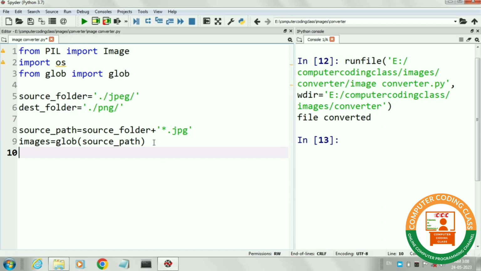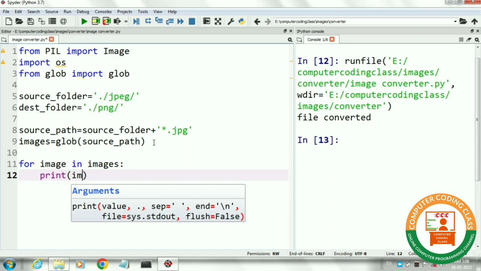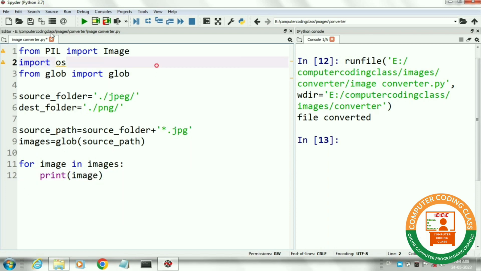Next, by using a for loop, I will print all the paths of all JPG images. Now run the program.